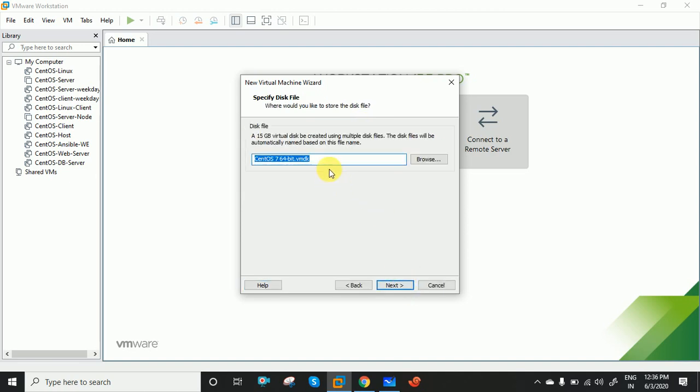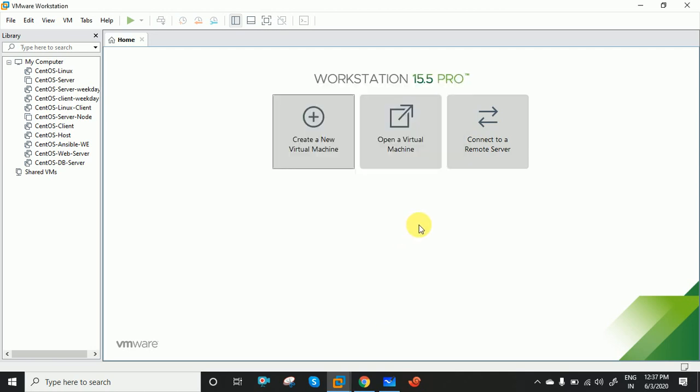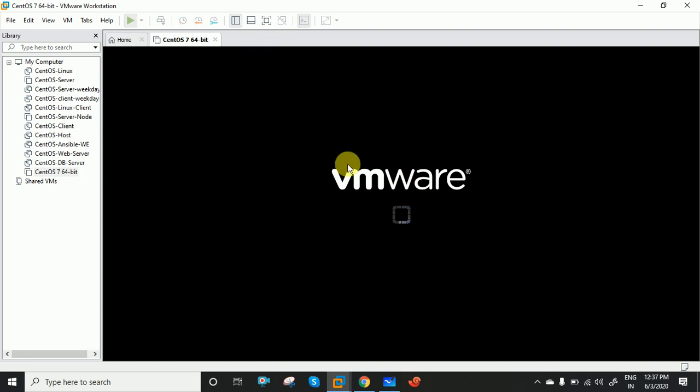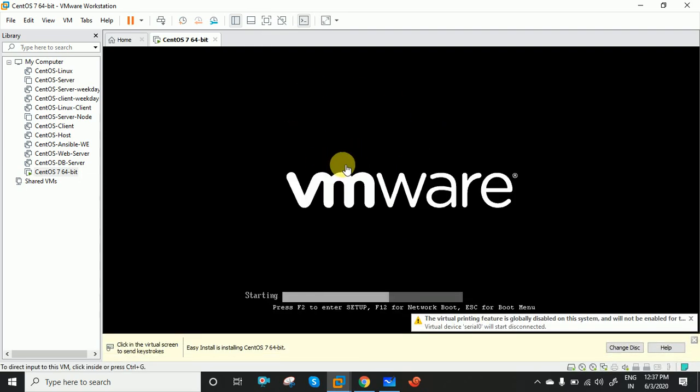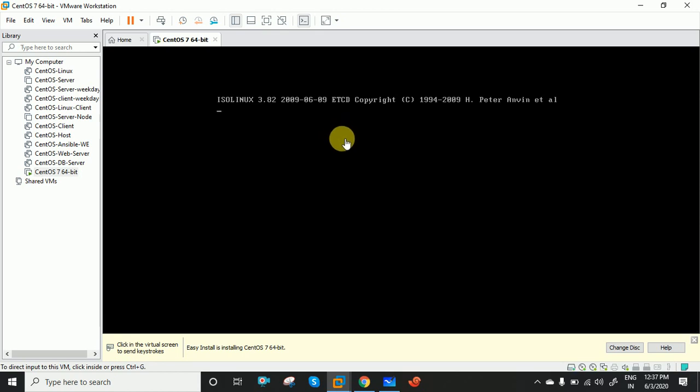Next, it will ask you for creating the disk file. Next, and finish. When you are finishing, what will happen? It will start installation, right? So you are going to start the disk, your operating system, sorry.